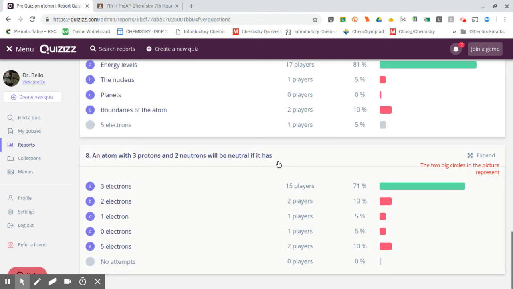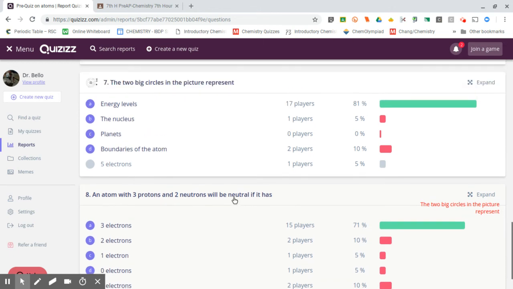So I don't pay attention to the 100, but then I noticed that for question A, only 71% of the students answered that one right. So I can spend time in front of the classroom with the touch screen board telling the students why this is the right answer and